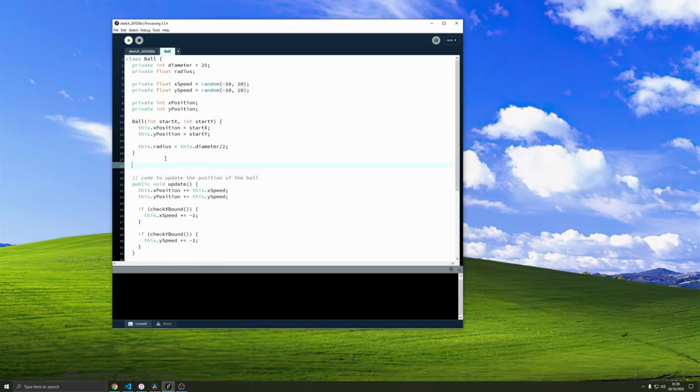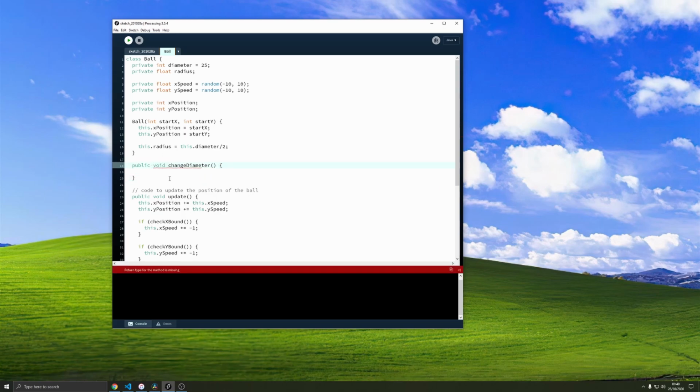Well, the official method of doing this is called getters and setters, and these are simply methods of the class that allow users to properly set variables within some restrictions that we want to place on them. So I'm going to create a new method down here and call it change diameter, and it's a void method. It doesn't need to return anything because all it does is change our diameter variable, and we're going to take in an int of new diameter, and then we're going to set the diameter